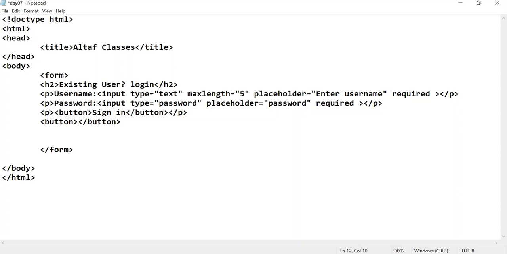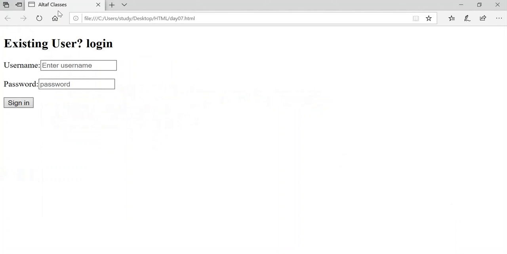Inside this one let me add forgot password, and then a question mark. Save this one and refresh. So you can see existing user, there is a button, forgot password.